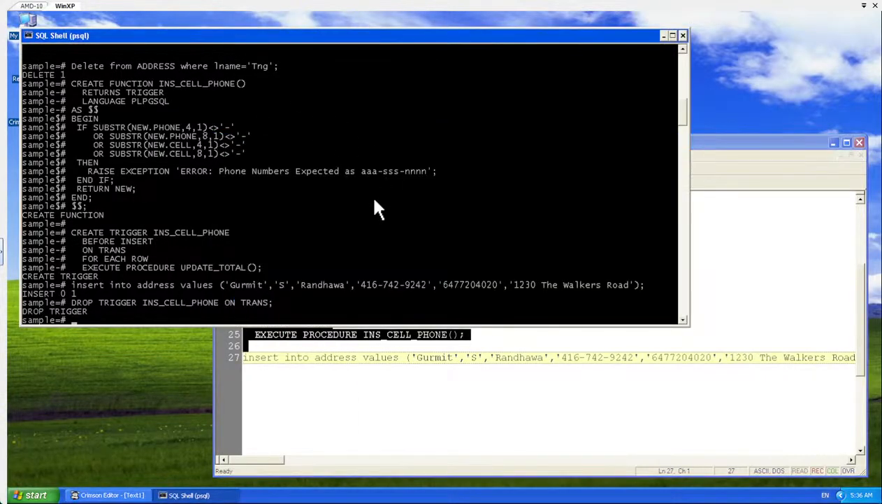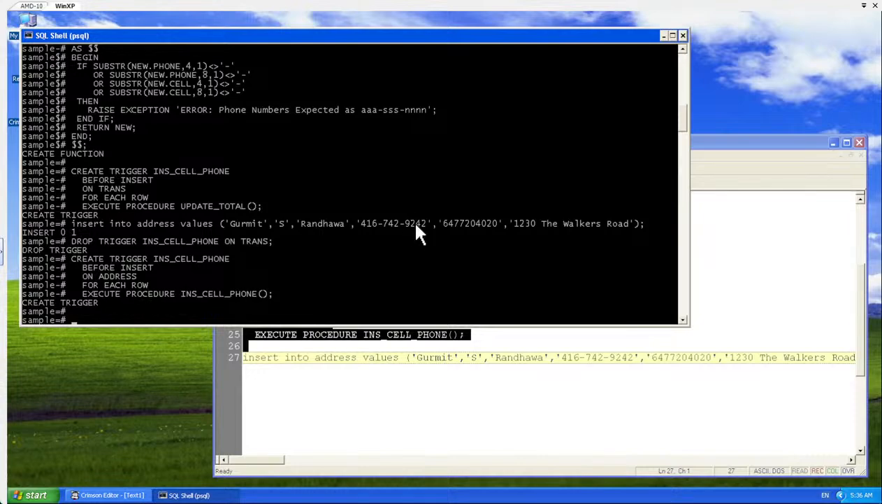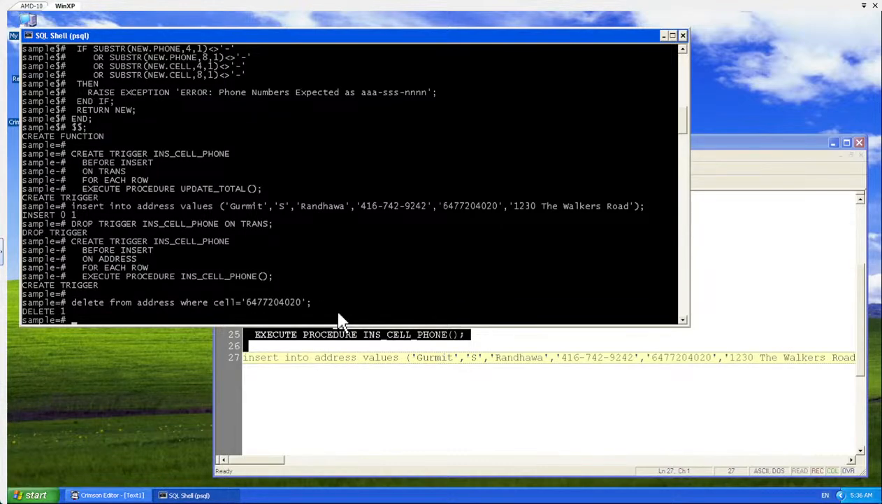So we will do this one now, right? And then I have to delete from address where cell equal to this much. So delete one. So in this case, if we try to insert now after creating the trigger again, then